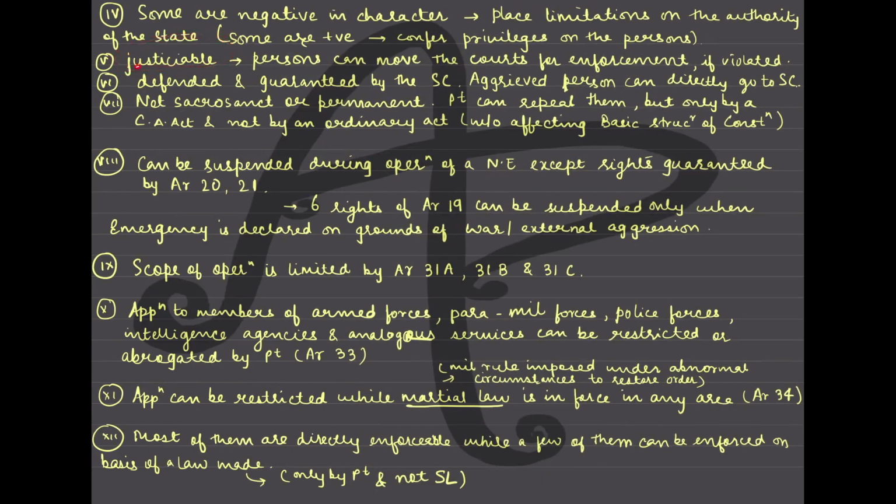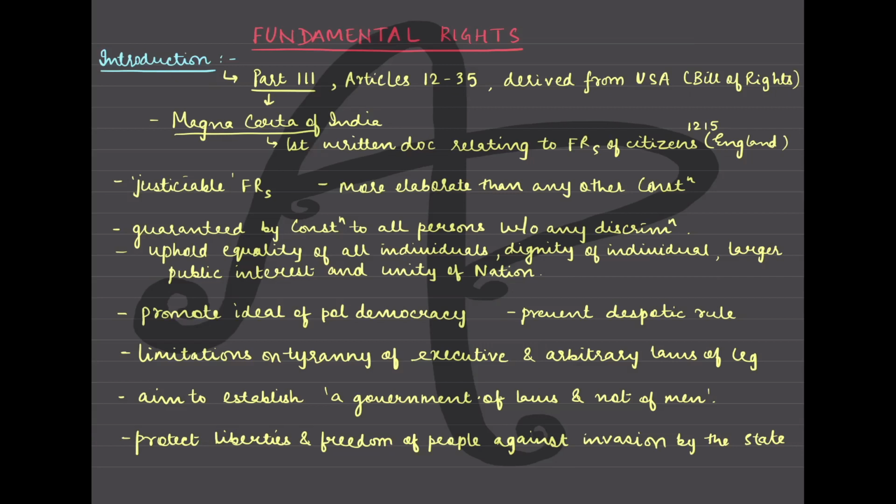ठीक है, सो जस्टिसेबल का क्या मतलब बनता है, दैट द पर्सन्स कैन मूव मीन्स यू कैन गो टू द कोर्ट, यू कैन अपील इन द कोर्ट फॉर इन्फोर्समेंट ऑफ राइट्स इफ वायलेटेड। एंड हियर फंडामेंटल राइट्स के केस में यू कैन डायरेक्टली गो टू द सुप्रीम कोर्ट। सो दिस इज़ अ वेरी मेजर फीचर हियर, that it's not just about that you will have to go to the high court and via the means of high court you might need to go to the supreme court. No, if your fundamental rights are violated you can directly go to the supreme court. So that is the idea of justiciable rights.